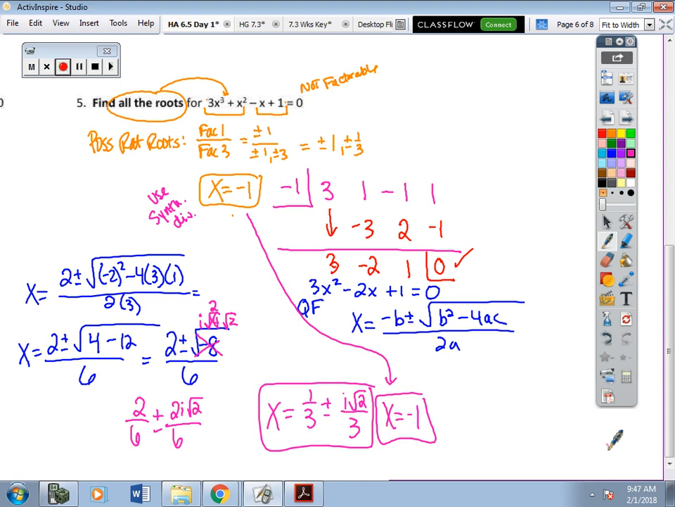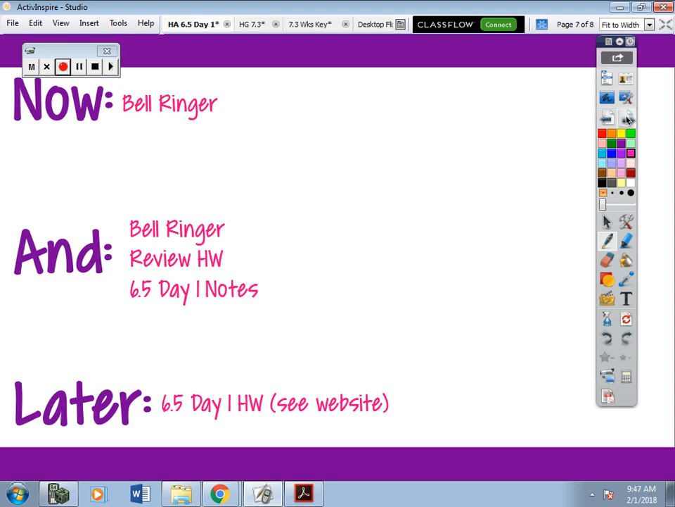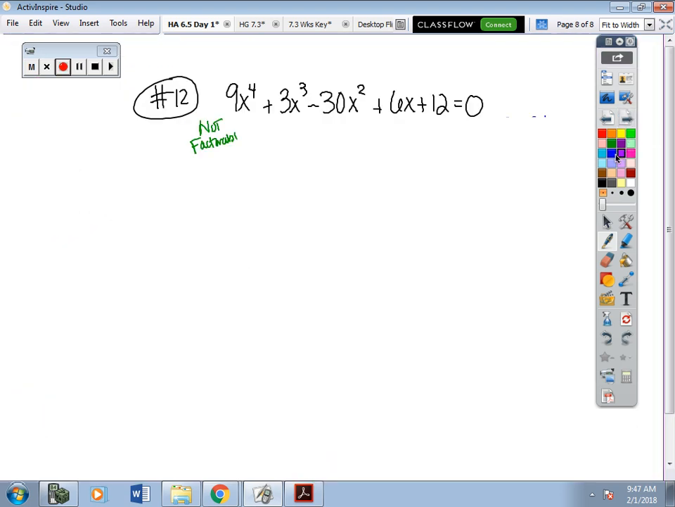So for number 12 on your homework, if you want to pause the video and work on your homework and then come back to this if you need to. The thing that makes number 12 harder is that it's a quartic, so we should be getting 4 roots or answers. The directions say find all roots in this one. This is not factorable because